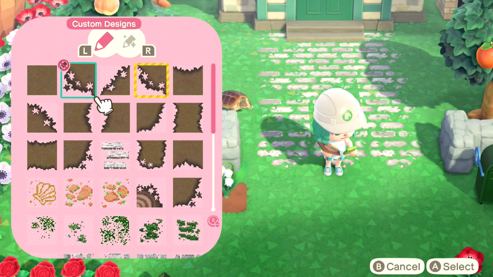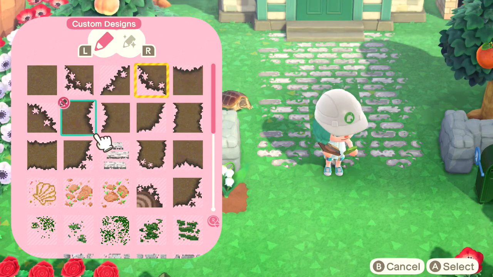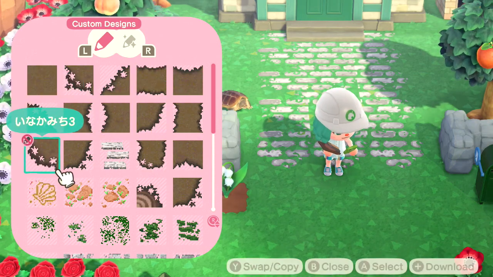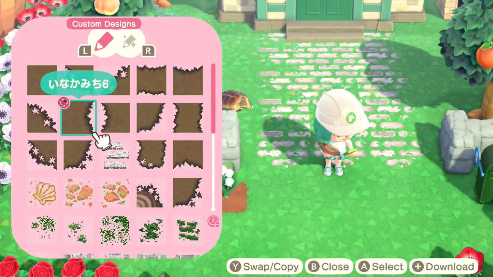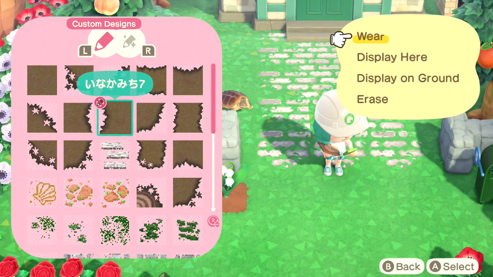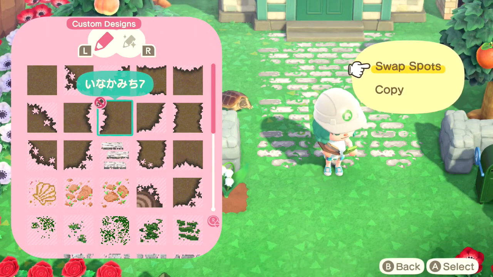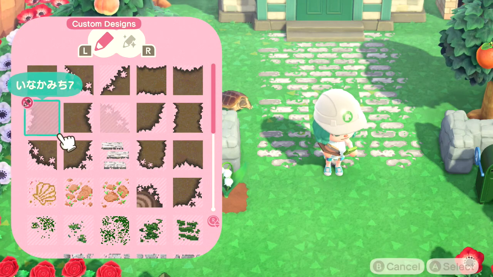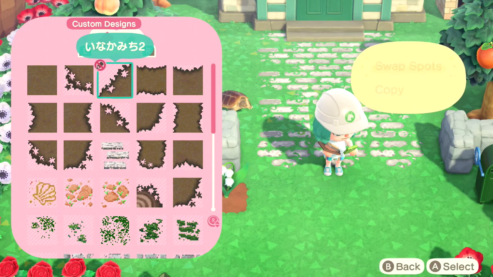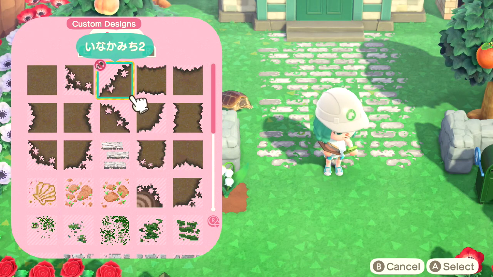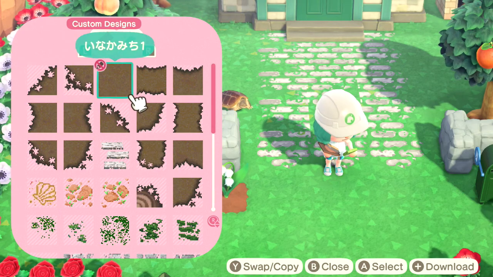And just to do that, we're going to move that one. So you select it with the A button, and you decide where you want it to go, and then you hit A again. It's just like a slide puzzle. So this way, no, but you have to hit Y every single time. Swap spots. I want it there. Swap spots with a Y. Hit A to select. Hit A to put it where you want it to be. This way,